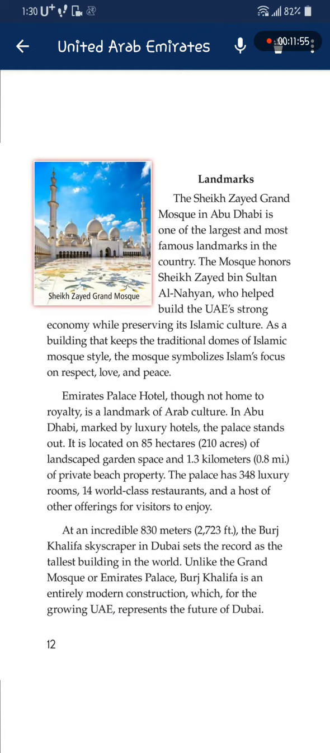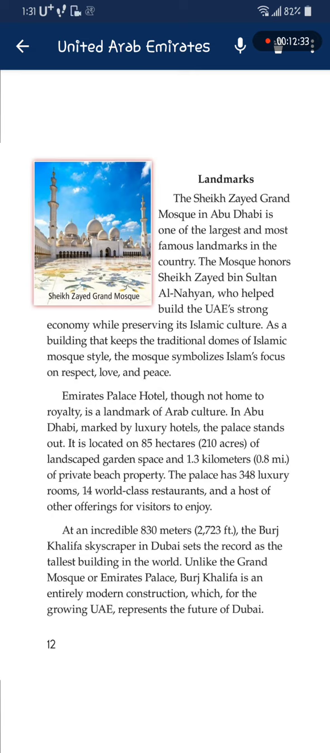Landmarks. The Sheikh Zayed Grand Mosque in Abu Dhabi is one of the largest and most famous landmarks in the country. The mosque honors Sheikh Zayed bin Sultan Al Nahyan, who helped build the UAE's strong economy while preserving its Islamic culture. As a building that keeps the traditional domes of Islamic mosque style, the mosque symbolizes Islam's focus on respect, love,